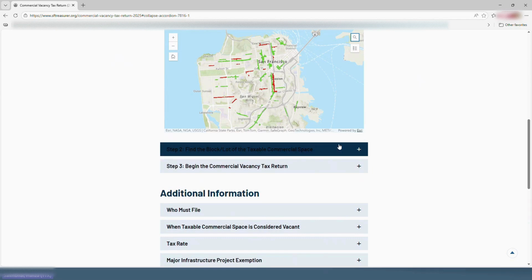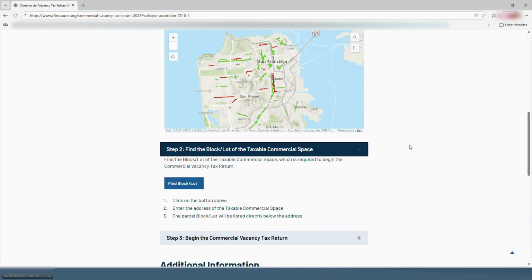Next, you will click on Step 2, Find the block and lot of the taxable commercial space to expand. If you received a letter from our office instructing you to file, you may begin at Step 2. Click on the blue button to take you to the Property Information Map website. Once at the website, enter the address of your taxable commercial space. The parcel, block, and lot will be listed directly below the address. Copy this information. Return to the Commercial Vacancy Tax website